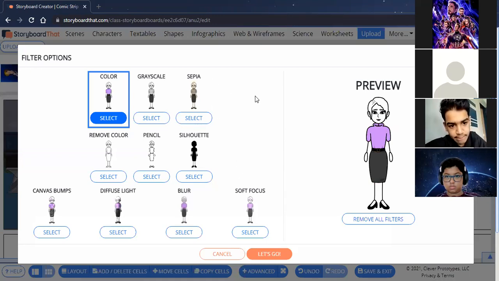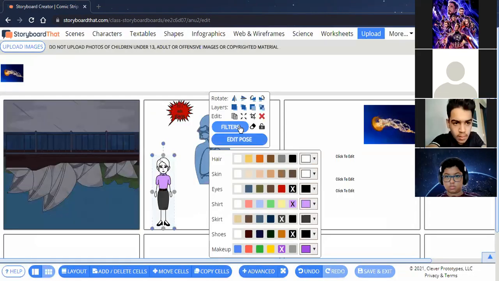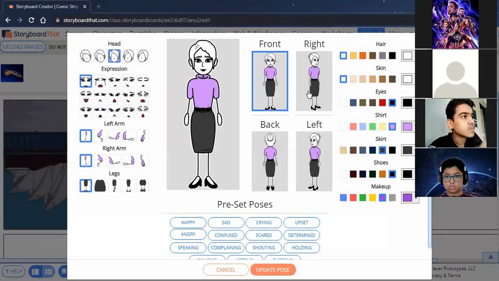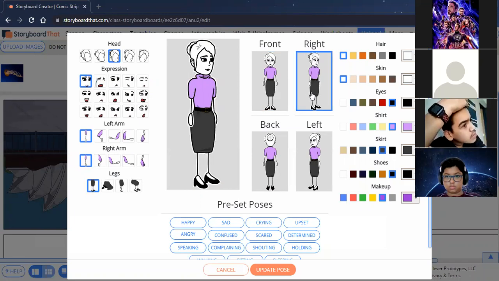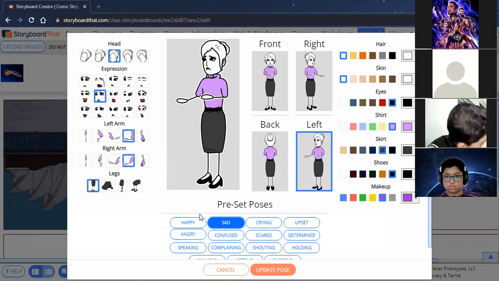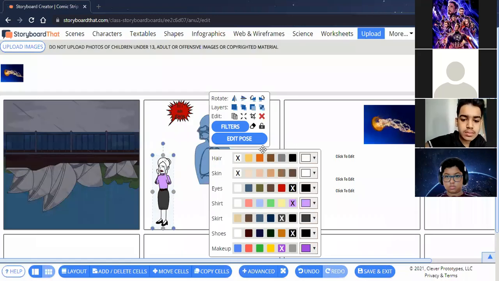You can edit pose from here. And one more thing, you can edit. Look, here you can take sideways characters. You can even change the eyes, the structure, even the arms. You want this one now? You can make it sad also. Where did you go, ma'am? To do this. She's crying now. See in edit pose.